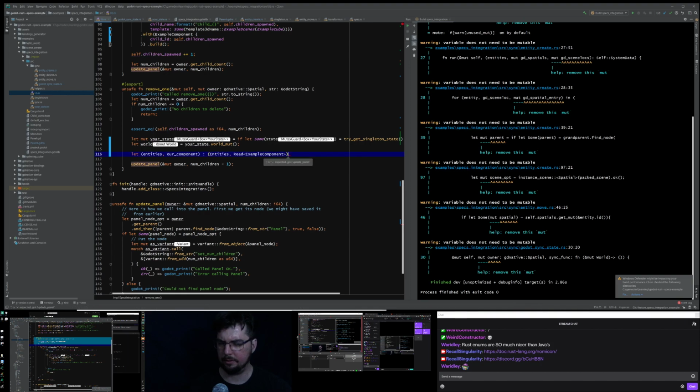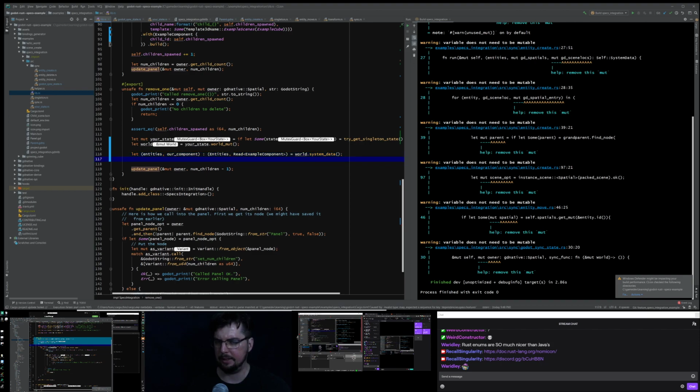Okay, so we're going to read these values from the world. World.system data. It's going to populate entities in our component, which we're going to loop through. For entity, component in, we're going to join these guys. So entities. In fact, I don't think entities requires you to make a reference of it. Probably does. I don't know. Anyway,